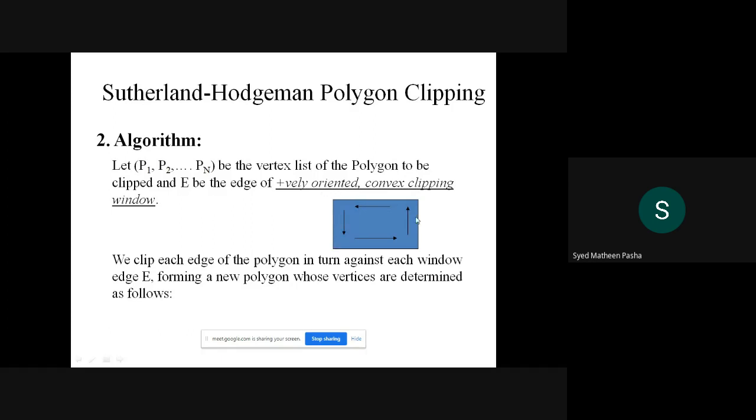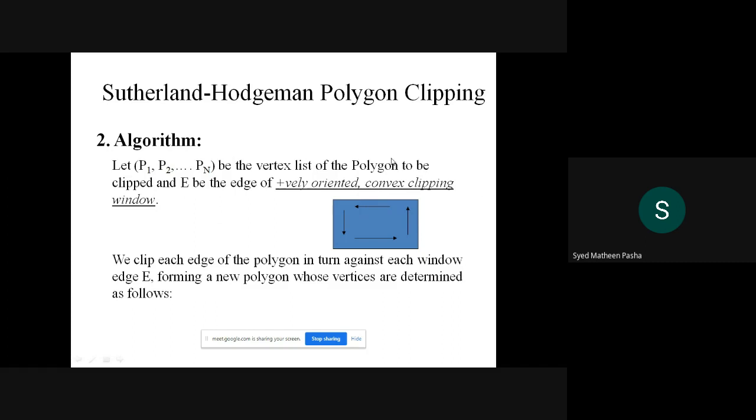Suppose this is a window where the display of the lines can be done, where it is already clipped here. How the algorithm works is, first it will represent the points with respect to n, which can be represented in the form of a vertex list. Vertex list is nothing but the number of vertices represented in that particular polygon. Then we'll assume that those are the vertex list which must be clipped, and we'll consider one point called E with respect to the edge, where the clipping window being considered is a convex clipping window.